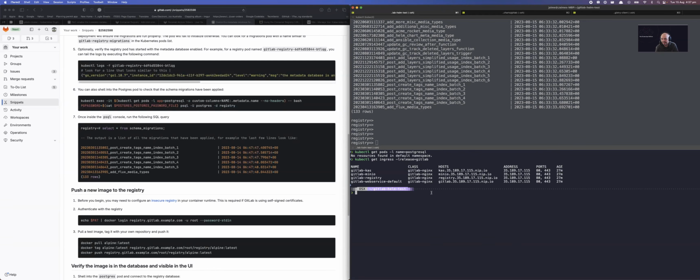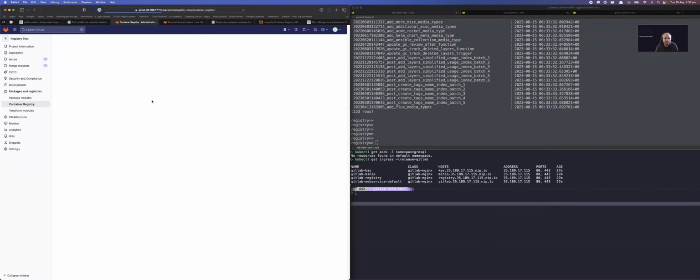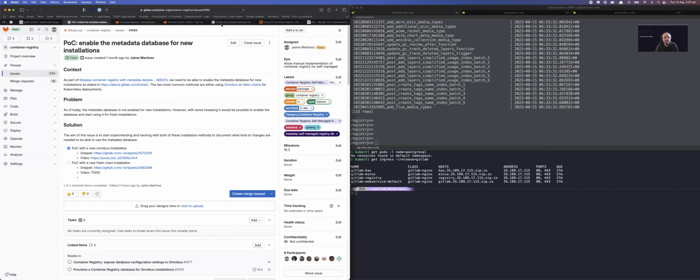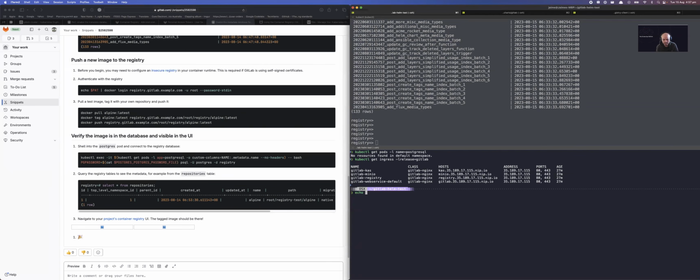This one, get ingress. This is a registry address, right? And the other way to get this is by going into here, into the instance, and see, okay, this is my registry instance. And we're gonna do a Docker login. But we're gonna follow the same format that we have in here in the guide, which is basically, okay, echo, Docker login, and then the username is root, and then for the password, we're gonna use this password stdin. And